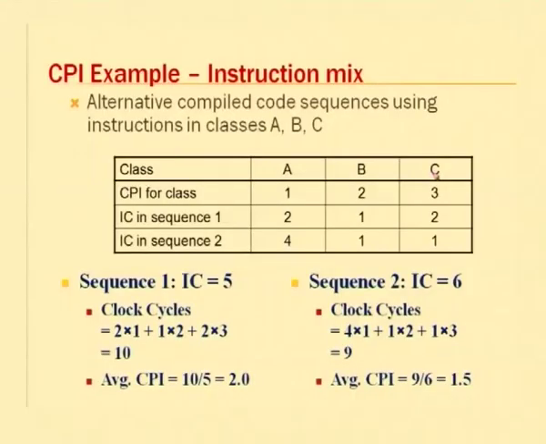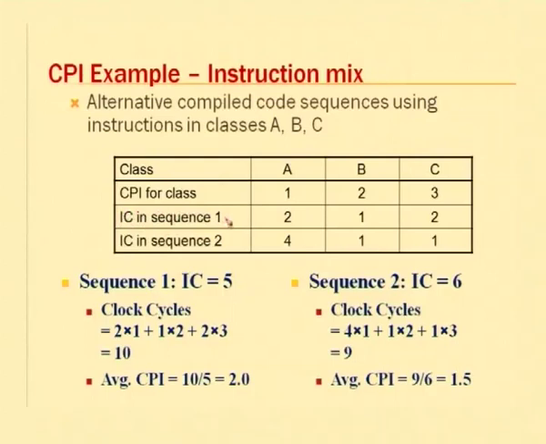Okay. So, let us take for instance 3 types of instructions, 3 classes of instructions for a given program. So, I am taking one program and I am taking a class A, class B and class C. So, CPI for the class A instruction is 1. So, this takes only 1 cycle for instruction of type A, 2 cycles for instruction of type B, 3 cycles for instruction of type C. Okay. So, for this let me take a particular instruction count in sequence 1.